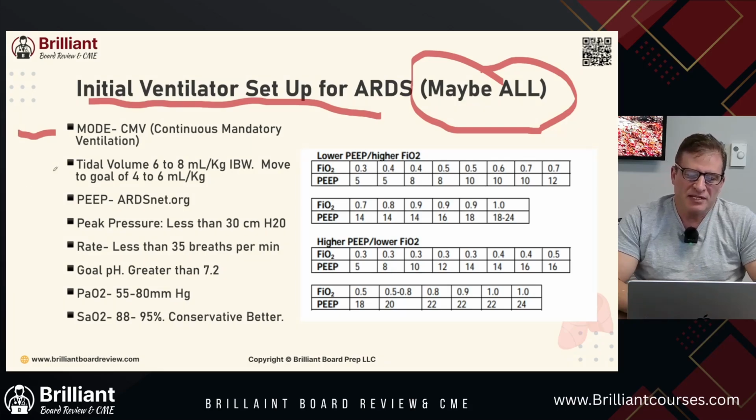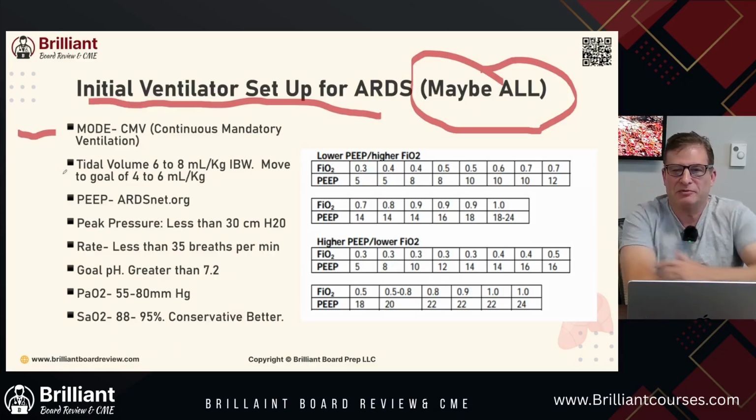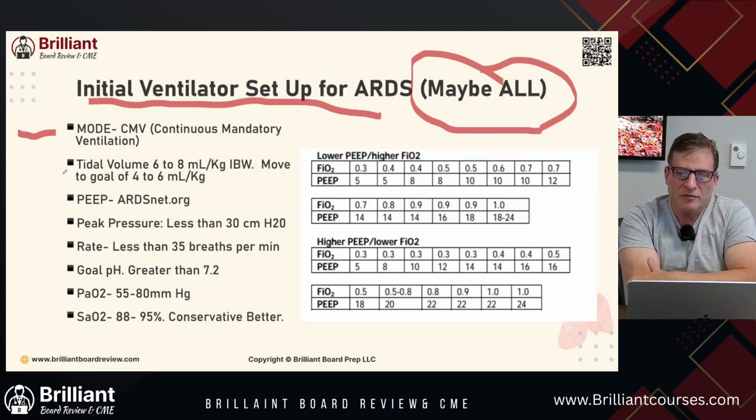You want to keep the tidal volume goal. Initial setup is going to be 6 to 8 milliliters per kilogram of ideal body weight. And this is very easy. There are multiple apps that will show you this. You can get the ideal body weight from these apps based off the height. Height and sex, that's all you need. You get the ideal body weight. From the ideal body weight, you multiply by either 6 to 8,